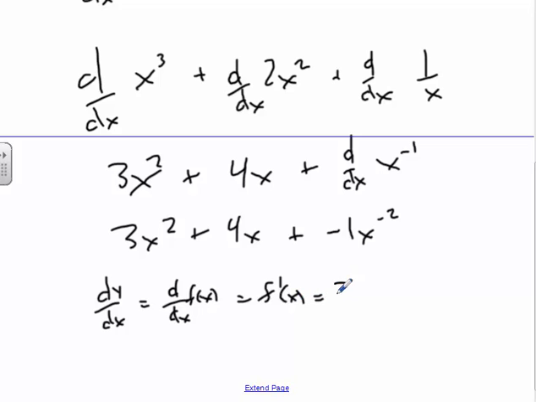The final answer is 3x squared plus 4x. Let's just make it minus x to the minus 2. There. This is an equation which will tell you the slope at any point. Right? If you want to know the slope, you just have to tell me what the x value point is. So, and I think I've said this enough times here, but this is useful in the maths, the sciences, in economics, biology, chemistry, physics. I mean, this is what calculus is used for, is whenever you've got a graph,